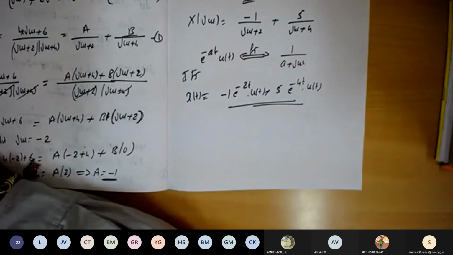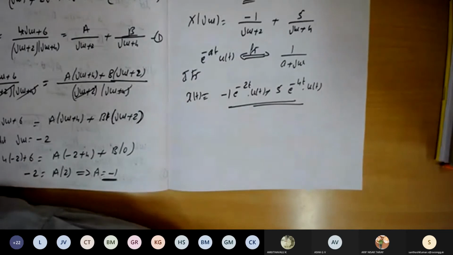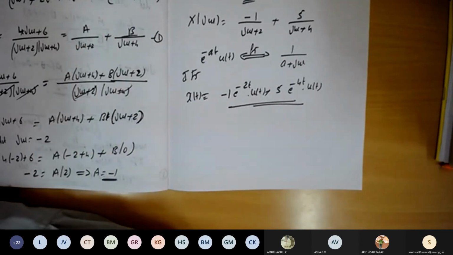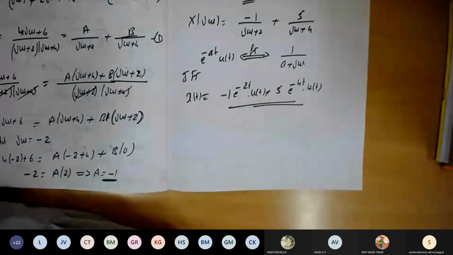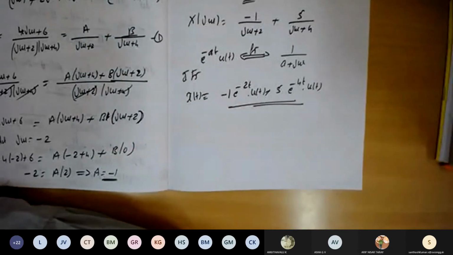So this is module 4, the Fourier transform. Tomorrow I'll start with the Z transforms. The Z transform is similar to the Fourier transform, but in the case of the Z transform, the existence depends on a condition called the region of convergence. By using that concept, the Z transform will exist for all the signals you define. Usually the Fourier transform is applicable for the non-periodic or aperiodic signal, but the Z transform is applicable for any kind of signal.